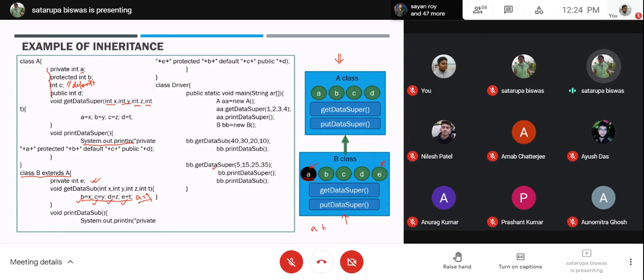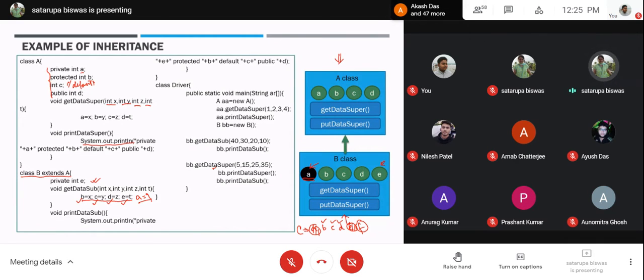It will get A, B, C, D, E. Say F is extra, which is added by this capital C. Now this is going to be not accessible. This is also going to be not accessible. Both are private. But these three will be accessible. These are protected, default, and public.